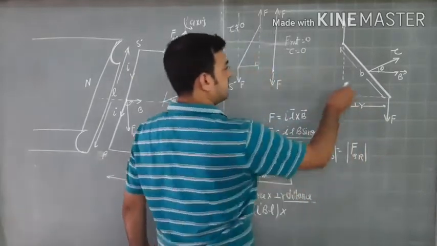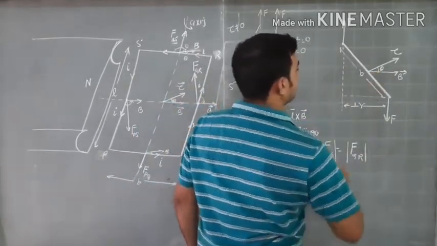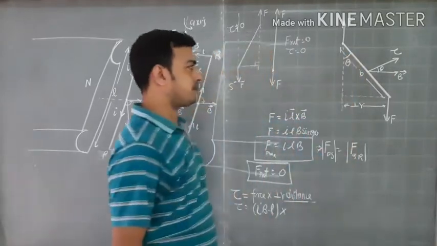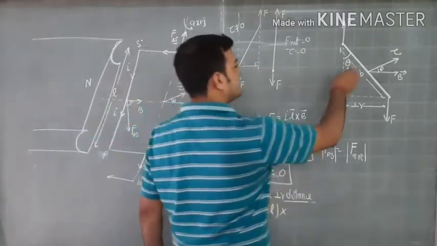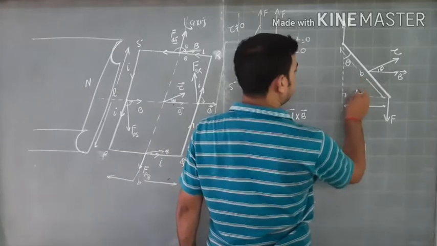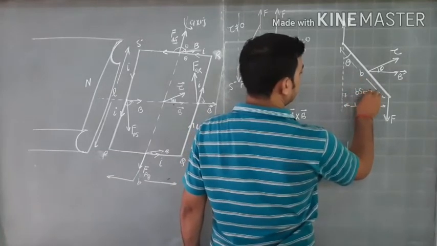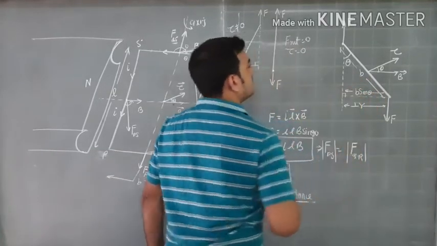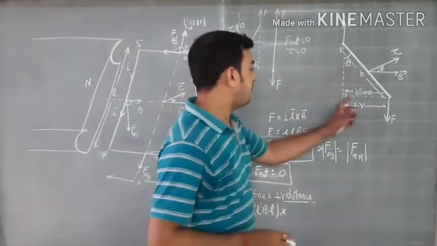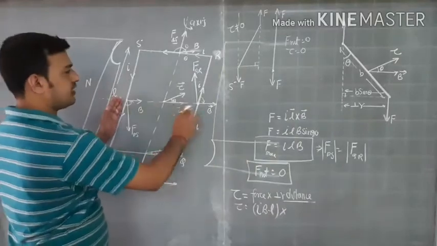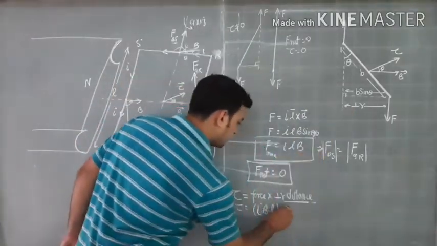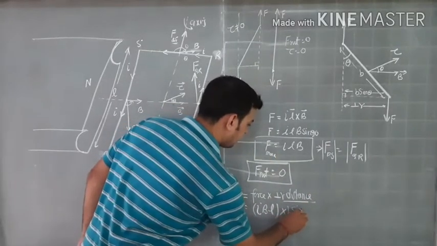So for that, if this angle is theta, then you know that this angle will also be theta from the geometry. And if this angle is theta, then this component, or you can see this arm from the trigonometry, you can easily calculate this is B sin theta. So the perpendicular distance between the forces in that case, because I am taking a general case, is B sin theta. This is my B sin theta.